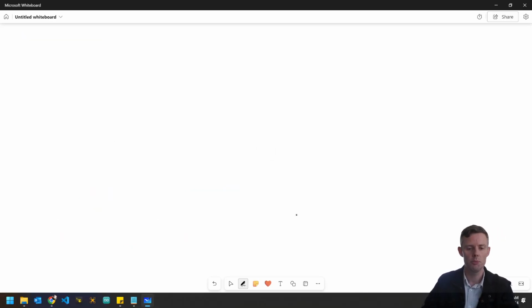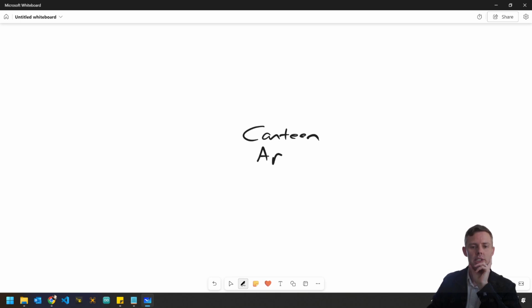Okay, welcome back. I hope you've had a go. Let's jump into the deep end. So the first thing I would quickly recommend when you're doing a context diagram, specifically context, I emphasize that because data flows are similar, but not similar enough. The first thing I would do is write the name of the app in the middle, such as Canteen app,